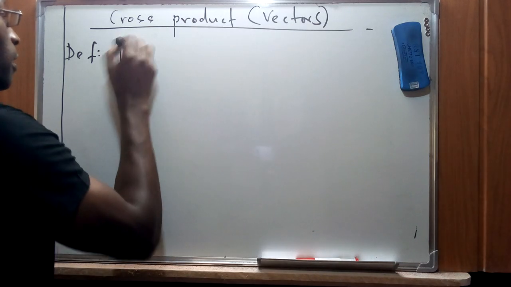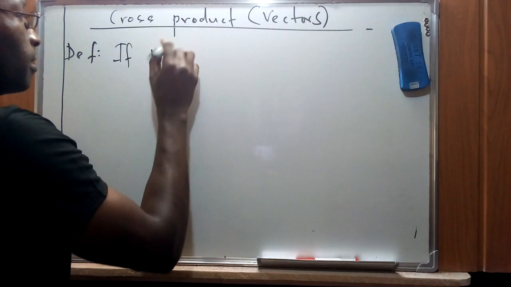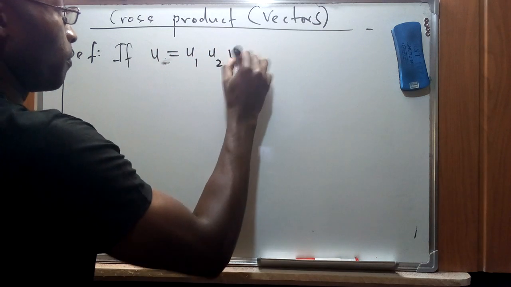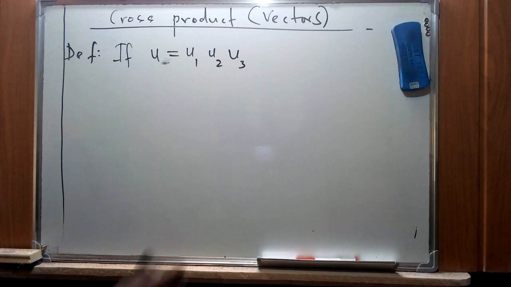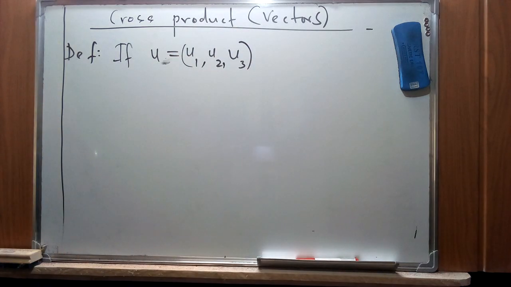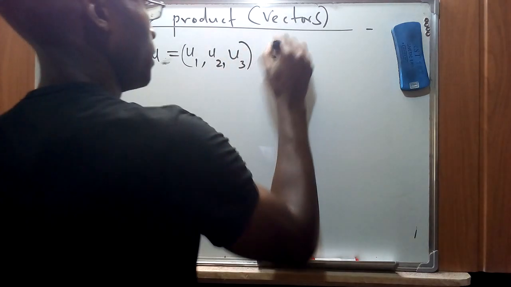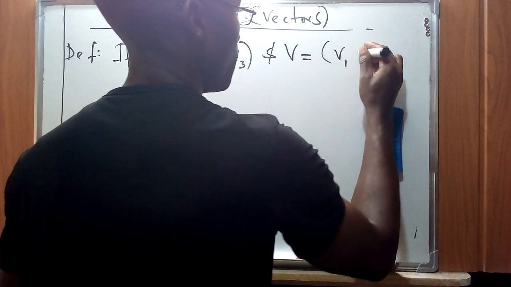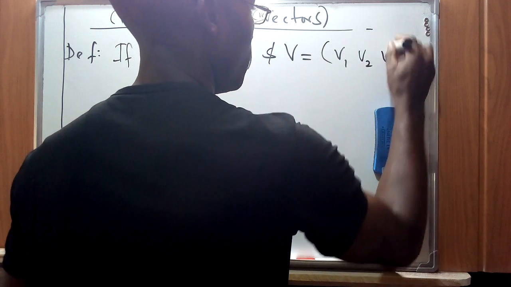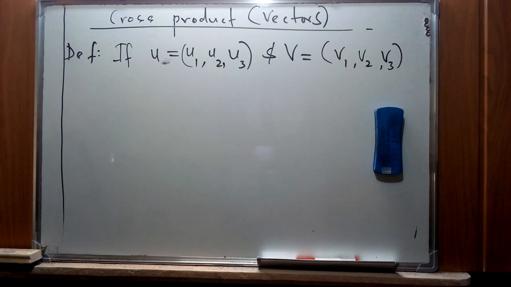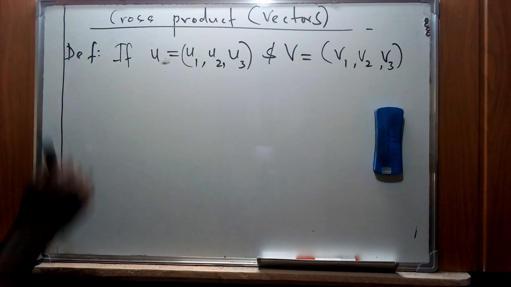Now, suppose we have two vectors. Of course, that is u, which has components in the x, y, and z direction, which are represented by u1, u2, and u3. And there's another vector, v, which has components in the x, y, and z direction represented as such. So therefore, these two vectors are representations of vectors in three-dimensional space. The cross product